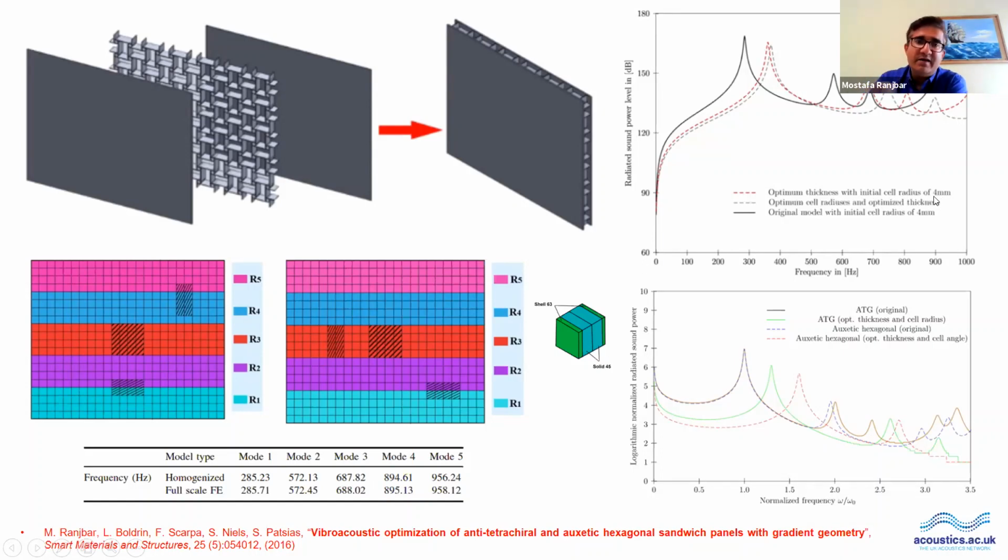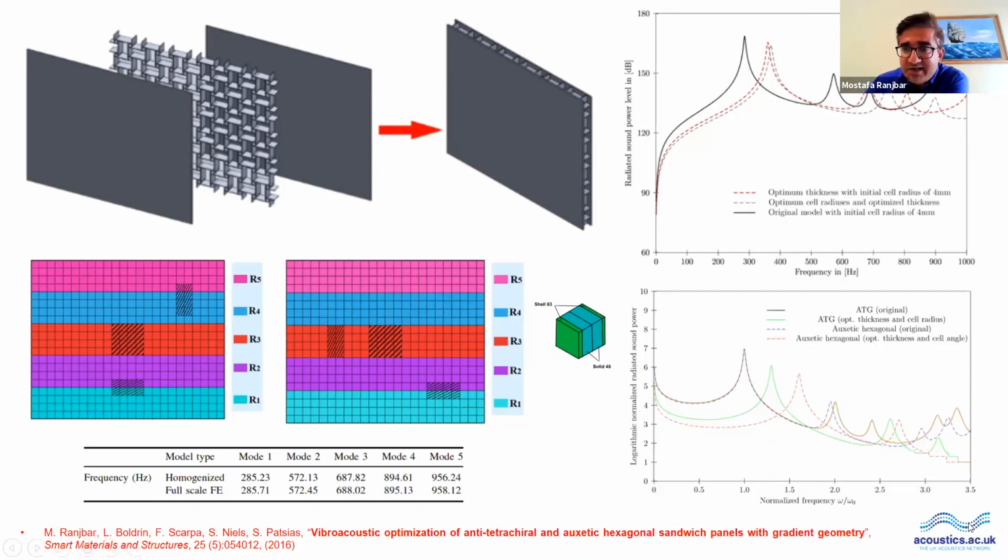So you see that then here we have considered a concept of gradient geometry. That means we consider 5 bands so that in each band we can have different cell radii. This concept comes from nature. If you have a look at palm trees, you see that they are normally on the coastline. And on the coastline you always have the wind, and they are always resisting the wind. So they are always under bending. So the internal mechanism within them helps them to sustain the bending, and bending is important in vibro-acoustics.